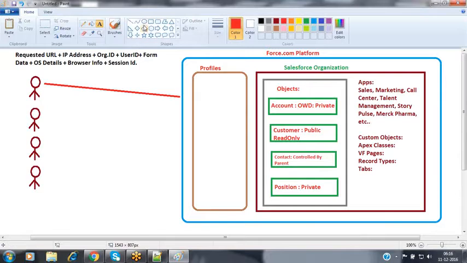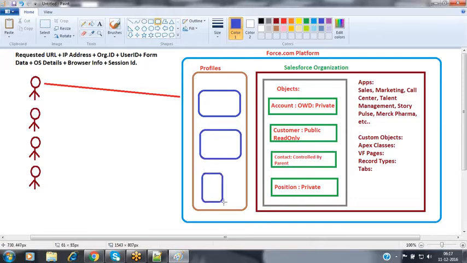Now, what profiles have we configured? Here we are configuring multiple profiles.